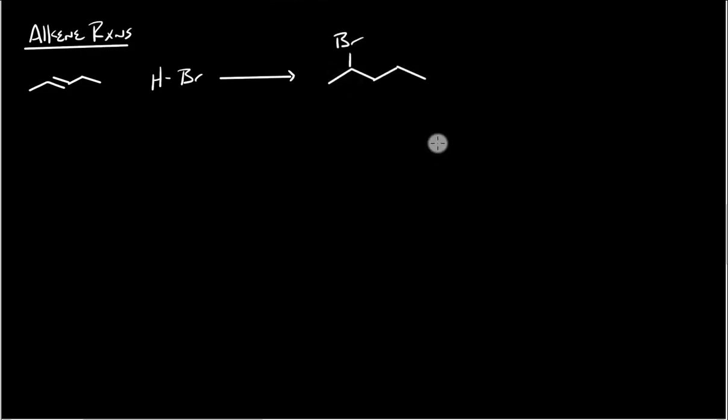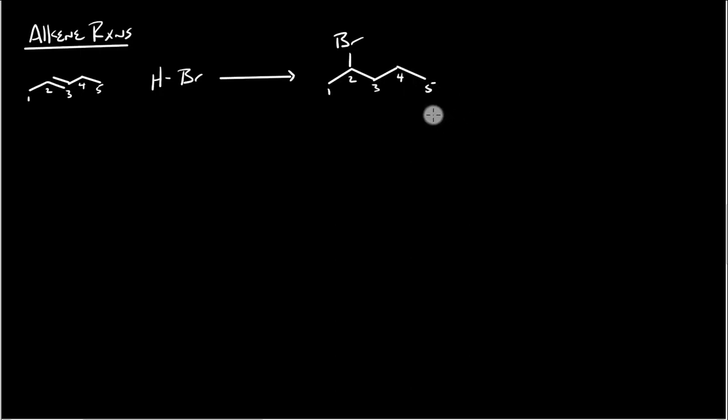So now that you've unpaused the video and you have some products, it's probably not too big of a surprise, the way that I phrased that last part, that there's going to be something a little weird going on for this example. This is one potential product that we could have for this reaction. If we numbered the starting material, 1, 2, 3, 4, 5, we have 5 carbons to start. If we put the bromine in this position, we would have added the bromine to position number 2